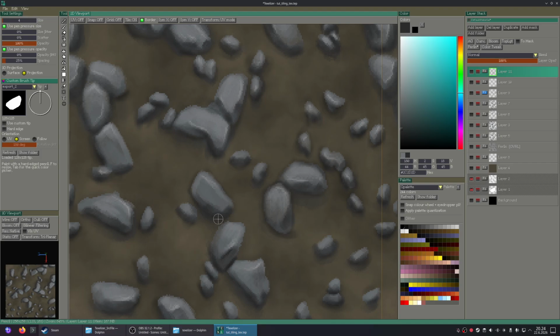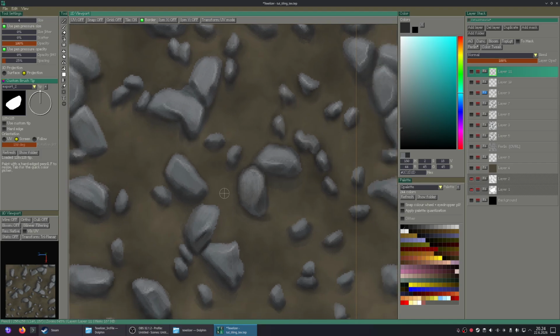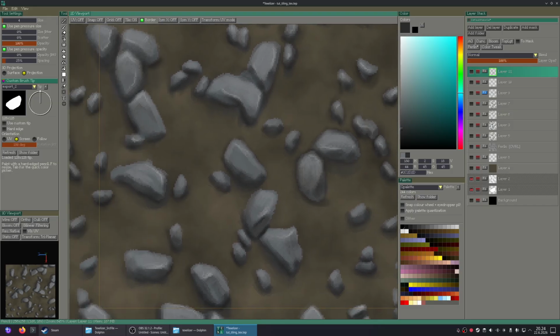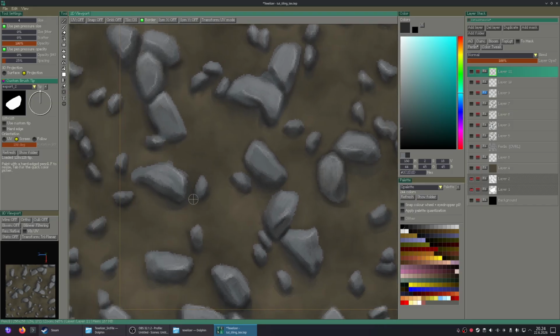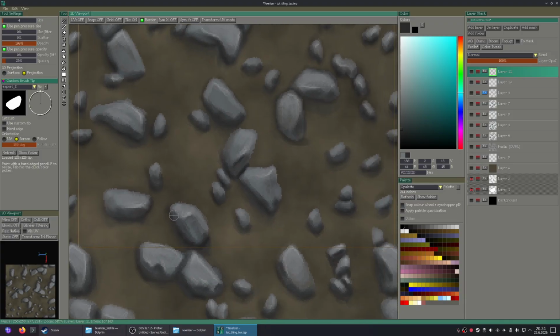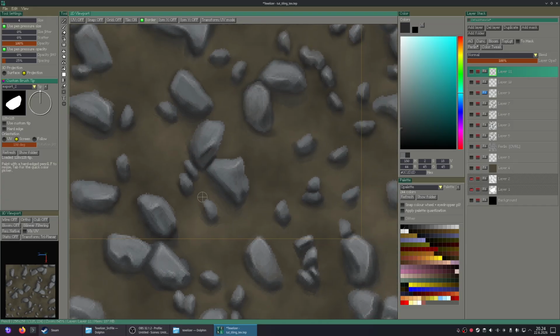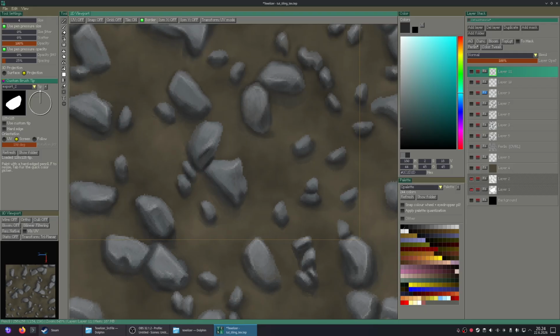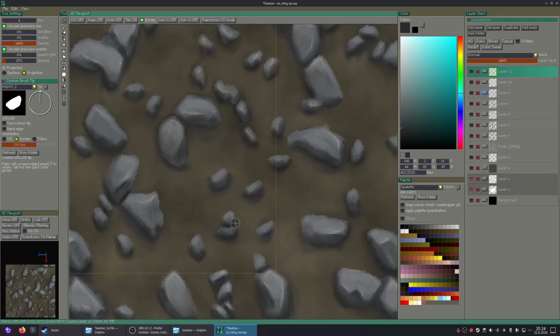Just blending the shadow side so that the hard gray areas of the rock are not that visible. I think that makes it look a bit better. So it kind of blends into the ground just a bit.